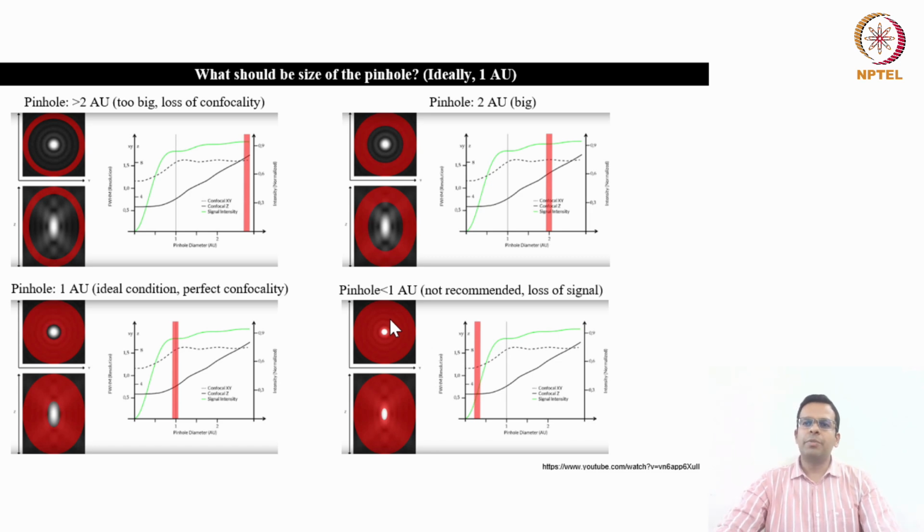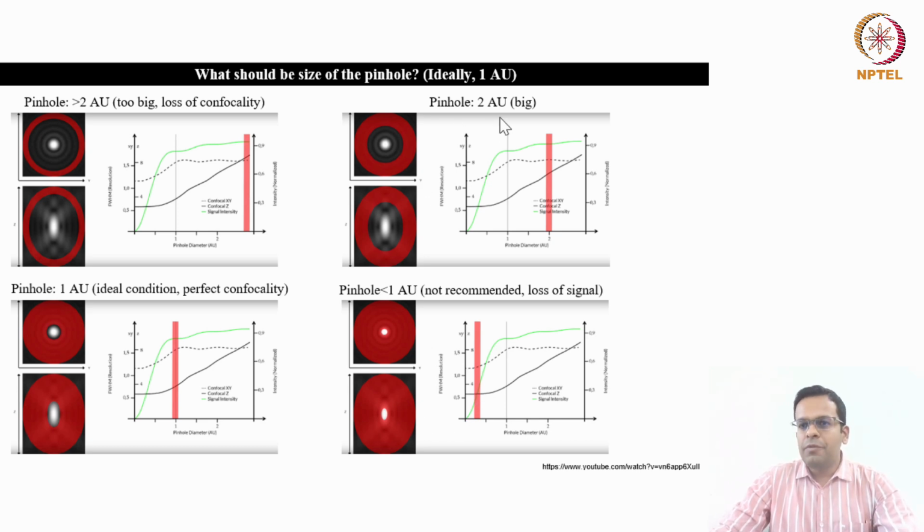Okay, so just to make the sample visible, you may need to open the pinhole a little bit so that sufficient fluorescence intensity is collected and you can see your structures. Okay, but if you close the pinhole to less than 1 Airy unit, it will give very poor fluorescence intensity. Also, you will get better X, Y, and Z resolution. Okay, if you keep it less than 1 Airy unit, but maybe you will not collect enough light from the sample.